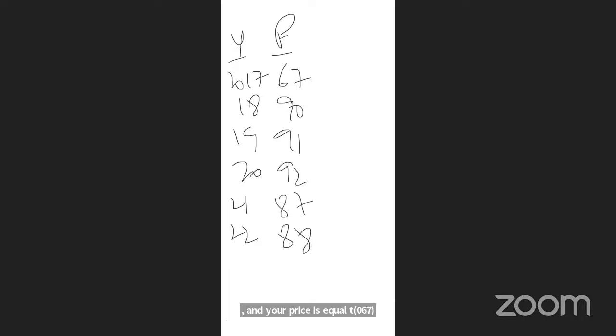So let me take one example where you can work out the fixed base index. Now I'm giving you the year. Year is 2017, 18, 19, 20, 21, and 22. And your price is equal to 67, 90, 91, 92, 87, and 88. So to calculate the fixed base index,